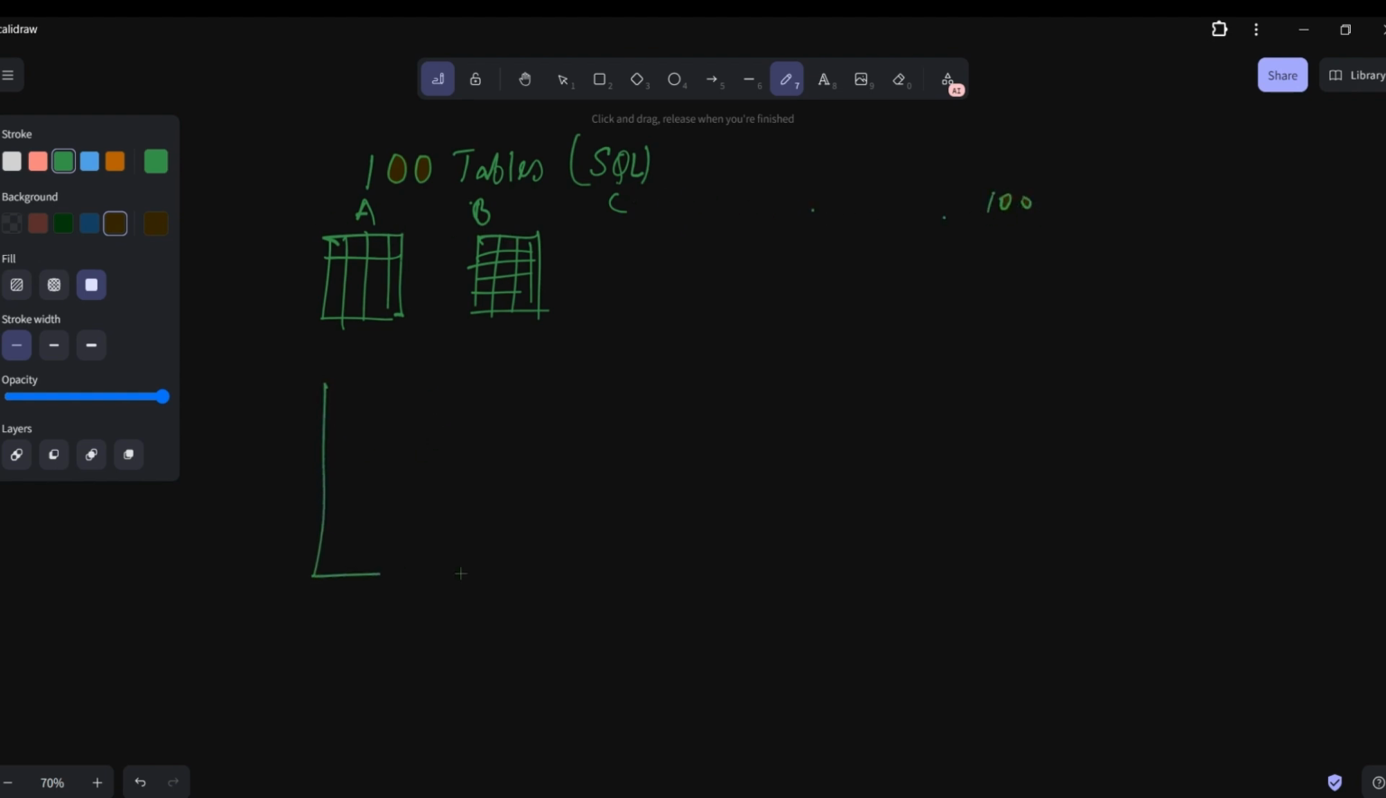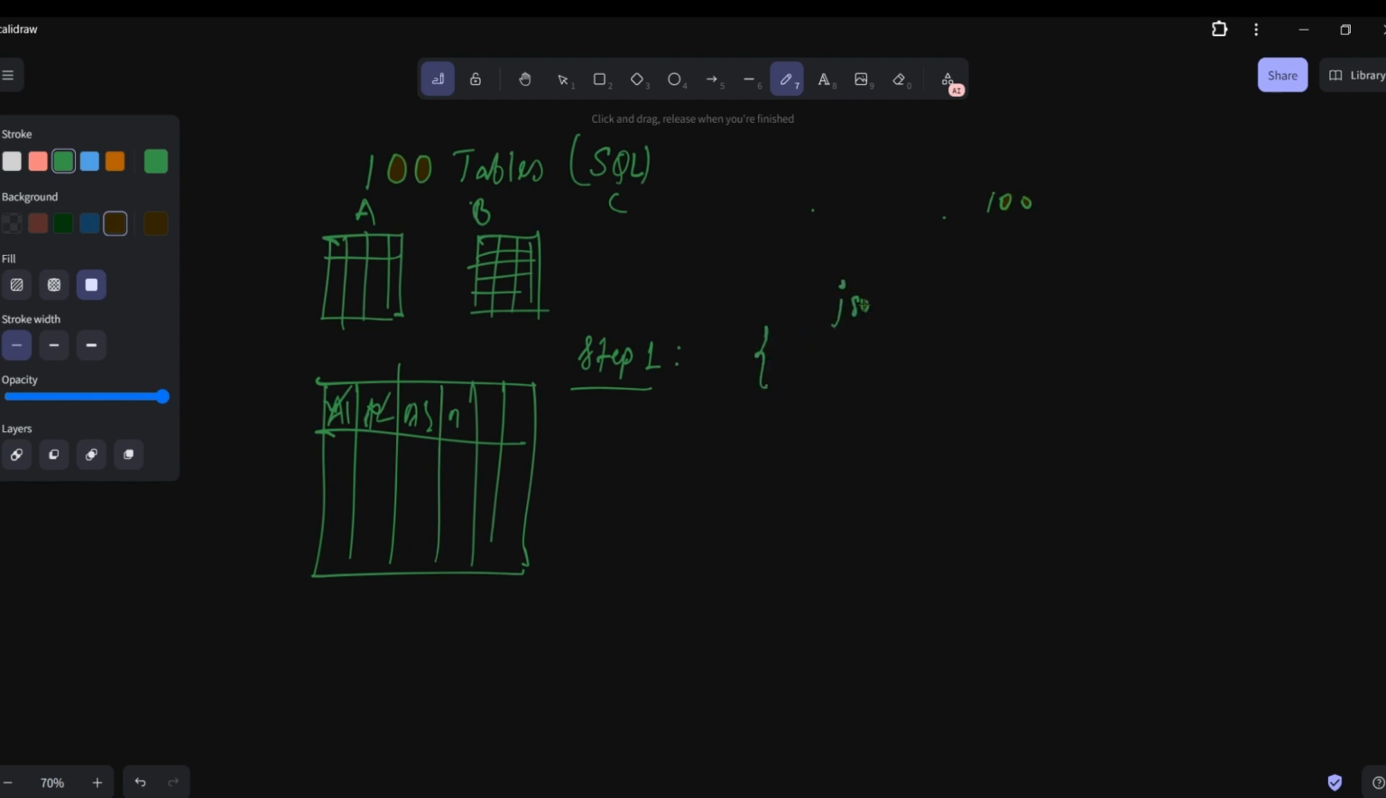Each table, if I just zoom in, each table has different columns, and the names of the columns are fixed as well. Let's say A1, A2, A3, A4, A5, A6. So what we can do is, first of all, the idea of step one is we take the names of the columns. So let's say I talk about a JSON file where there are key value pairs. So let's say the table A